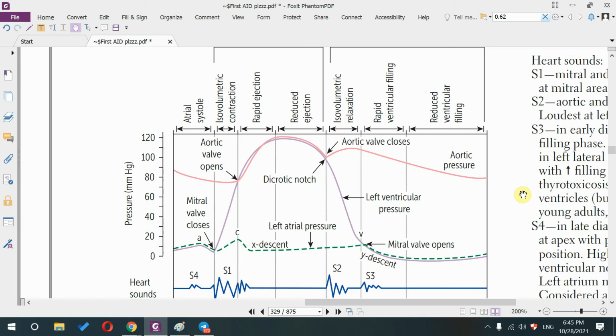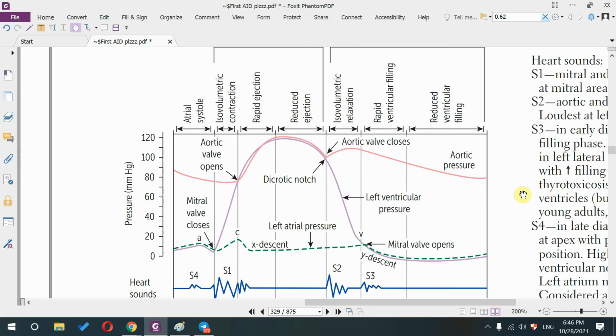Now we have to add one more chamber. The next chamber I'm going to add is the left atrium. The left atrium, imagine this with me guys. Where does it get the blood from? Correct, pulmonary vein. Regardless of the fact that it's a vein, it has oxygenated blood. Why do we call it vein? Because it comes back to the heart. Any vessel that goes back to the heart, we call it vein, regardless of whether it has